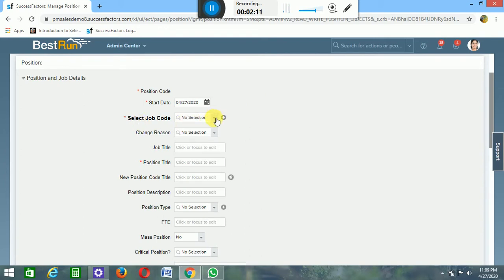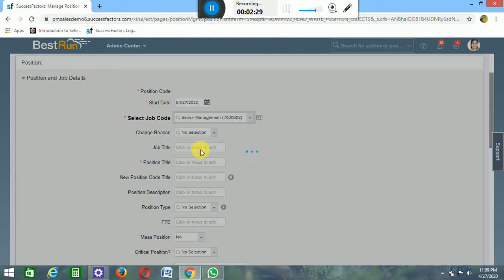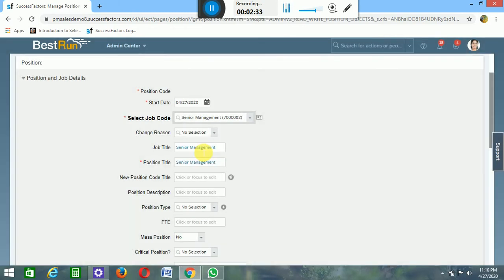Job code: select the job code depending upon what we are creating. Here we will be creating a senior manager or a sales manager, whatever. I am taking a senior manager. So this is the job code, senior manager.